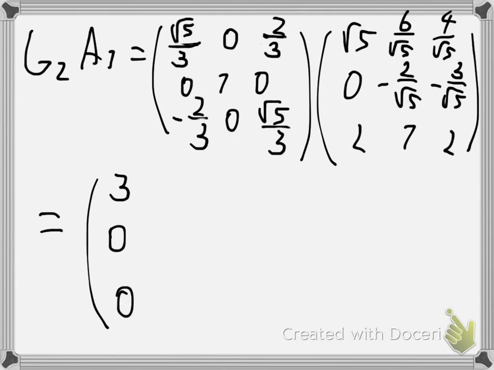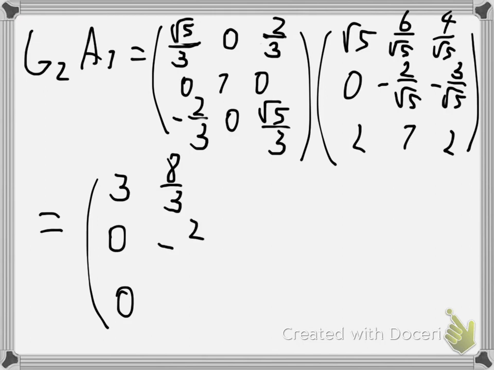Okay, so you get negative 2/3 times square root of 5 plus 2 times square root of 5 over 3, okay, so you get 0. Then here we will get 8 over 3,